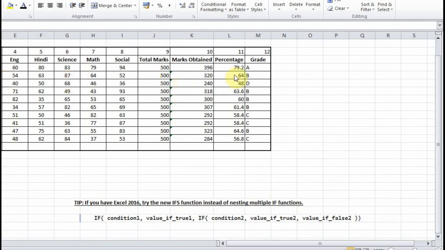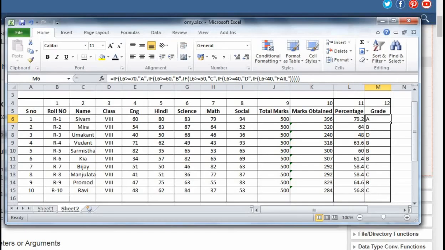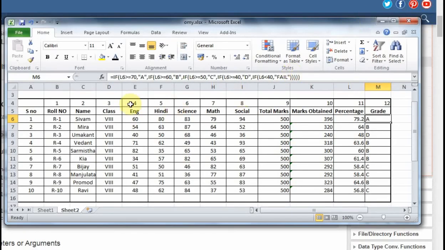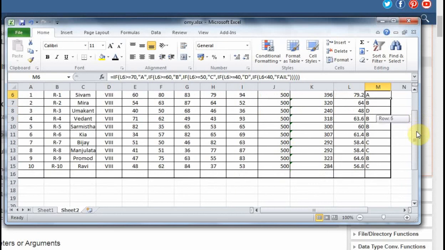So students, here we created the grade, and the formula is based on this. Okay, if, select the percentage, let me do it again.